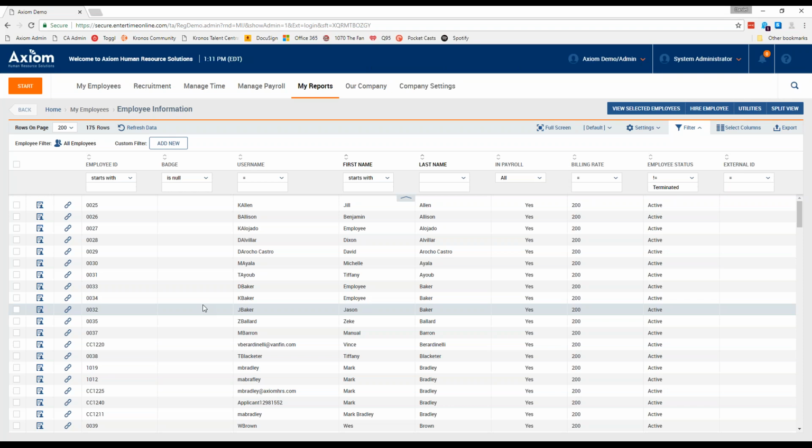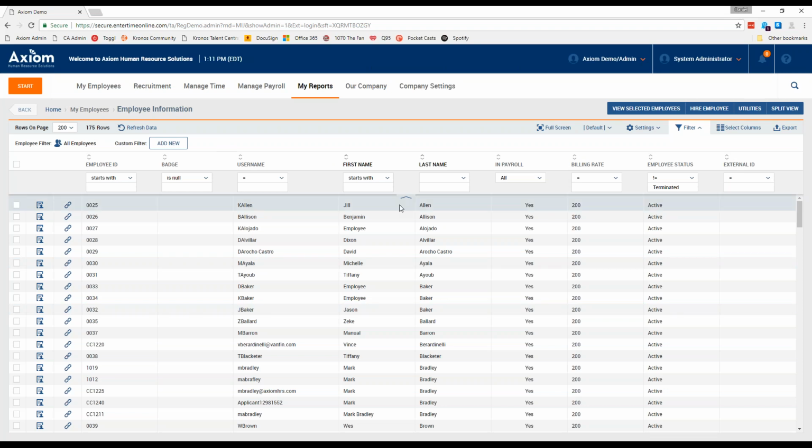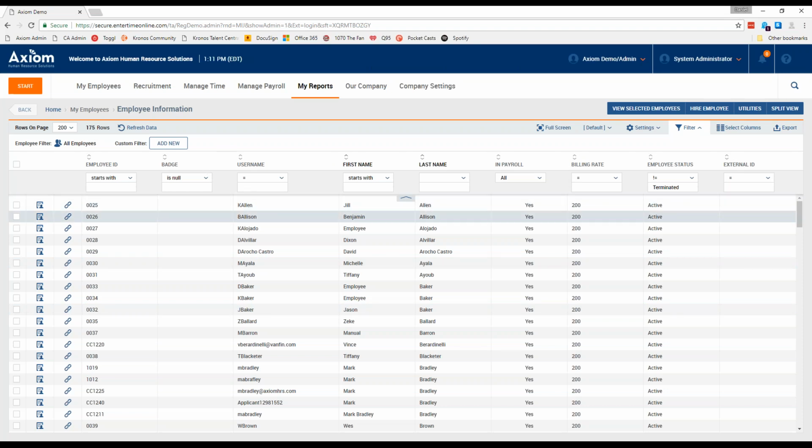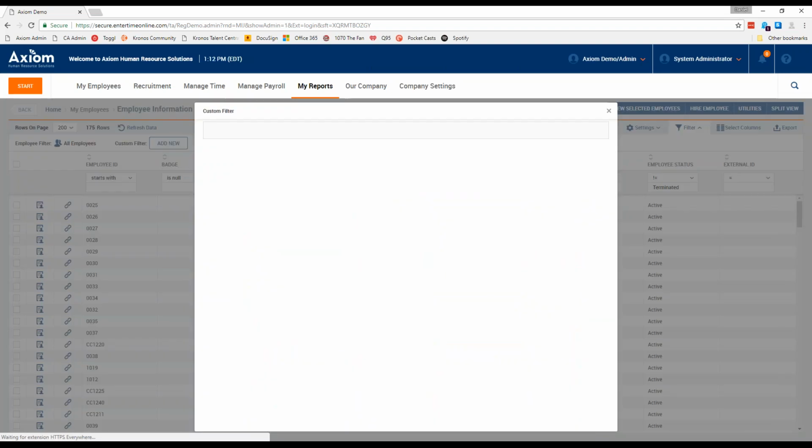Okay, so we talked about how you can sort by multiple columns. Now, the one thing that maybe some of you have run into before is that the filtering options aren't working for you to filter by multiple columns. So what you can actually do is create a custom filter for your report. You can come up here and click the Add New button,